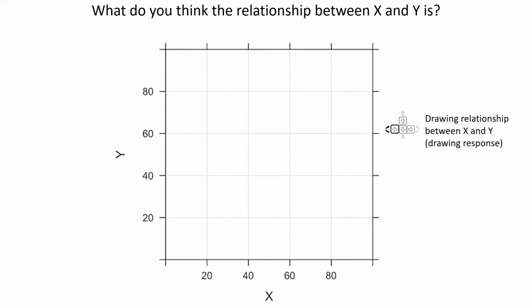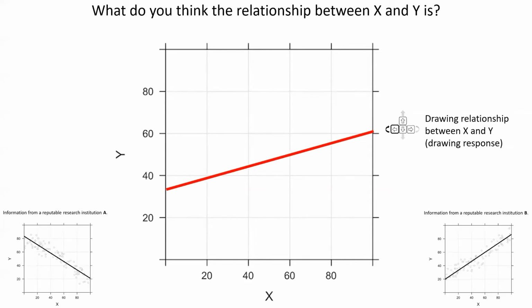Participants were asked to synthesize the two pieces of information and use an arrow key controlled drawing widget to draw a line. And this is the average line they drew. And here are the information they synthesized for reference. This gray line shows you the mathematical mean of the two slopes. So if you weigh the two pieces of evidence equally and can do math perfectly, you should be drawing this